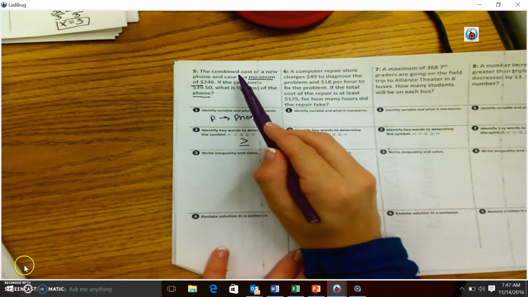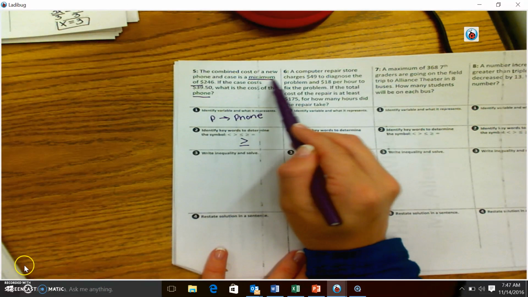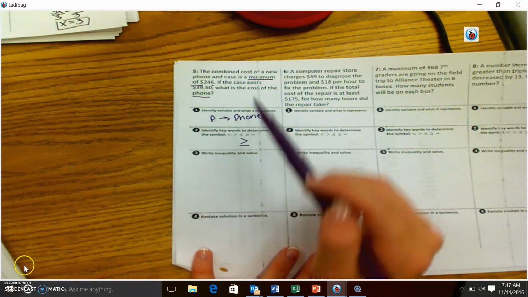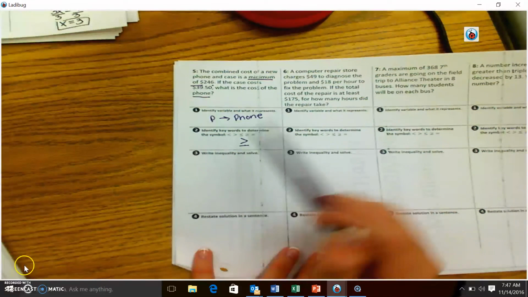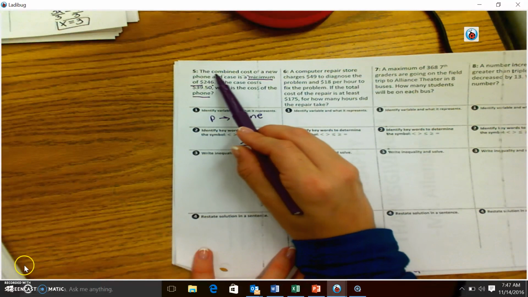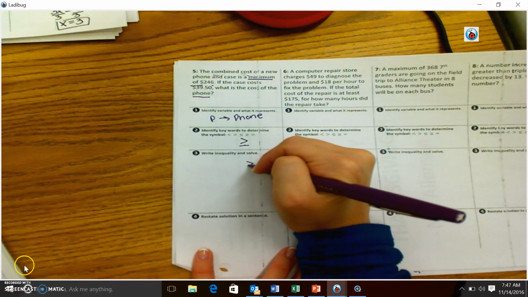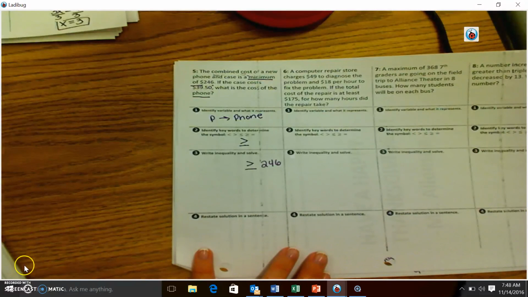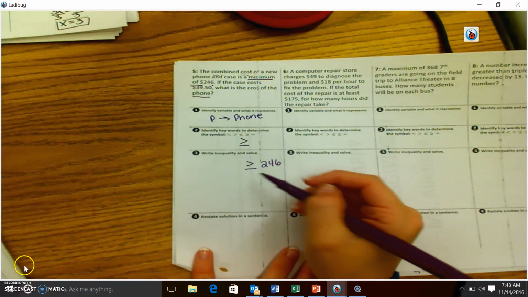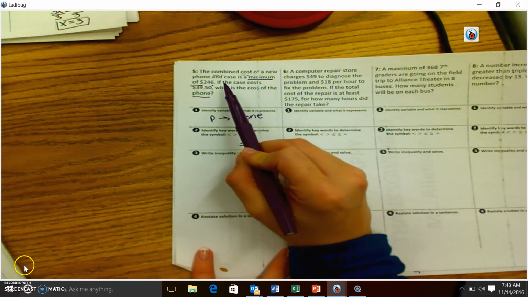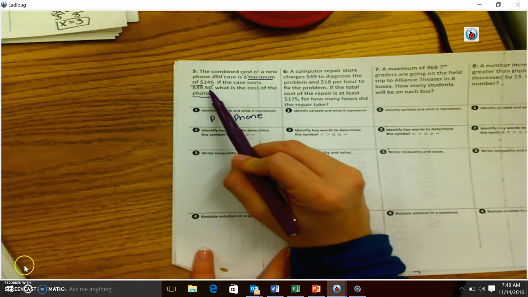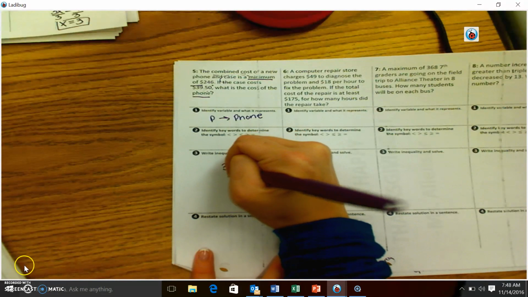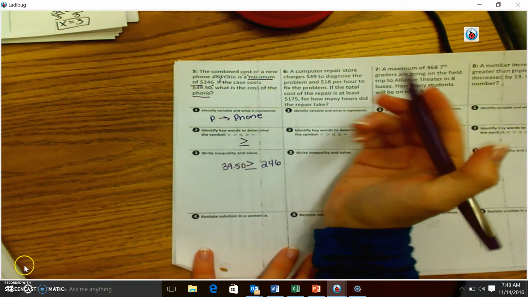Let's go to 3, which we write the inequality. So the combined cost of a new phone and case is a minimum of $246. So this $246 is going to come after our inequality sign because it is the total cost, the combined cost. So we know this so far. Now we need to write on this side. It says if the case costs $39.50. So we know how much the case costs, so that's going to go here. But we're looking